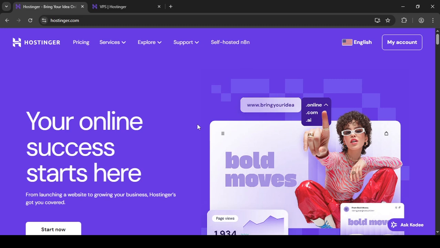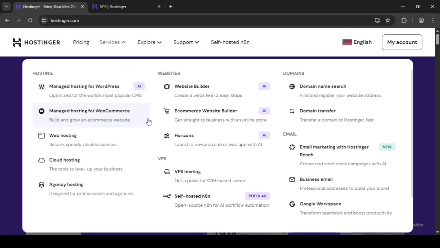Okay, so in this tutorial I'm going to be showing you how to buy VPS hosting and also how to set it up. So let's get started. To buy Hostinger VPS hosting, all you need to do is go to the website, then go to services, go into VPS hosting, and you can buy other things as well,